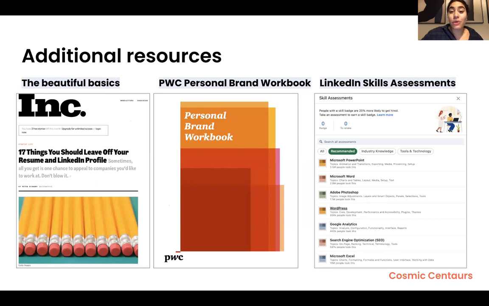And we'll share that with you if you want to work through it. It's quite detailed, but it'll help you think of some questions to ask yourself and how you can shape your personal brand. And recently, LinkedIn added a skills assessment, so you can assess yourself and see what it is. And you can add the badges to your LinkedIn profile. It can never hurt to get certified according to LinkedIn, it's a really great thing. So we'll be sharing all of these with you.